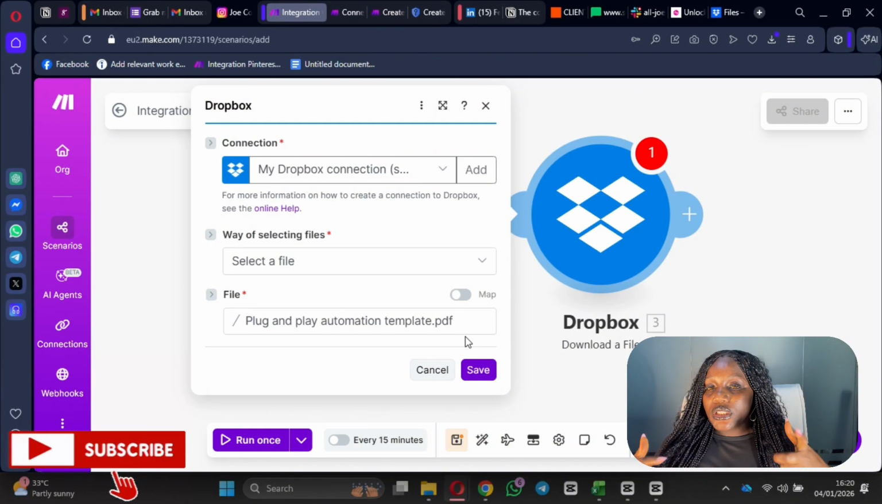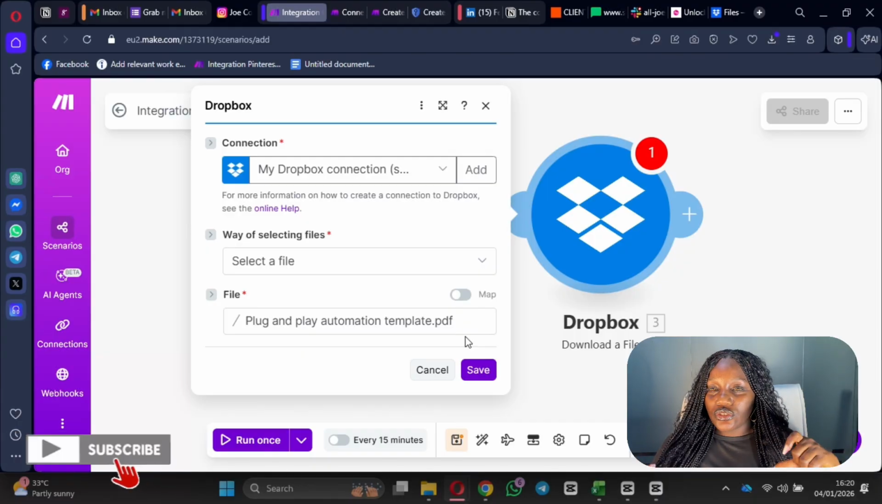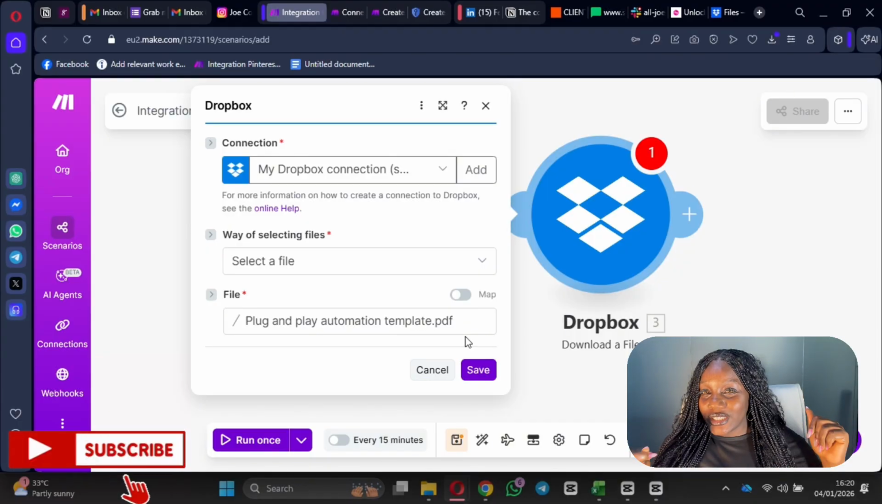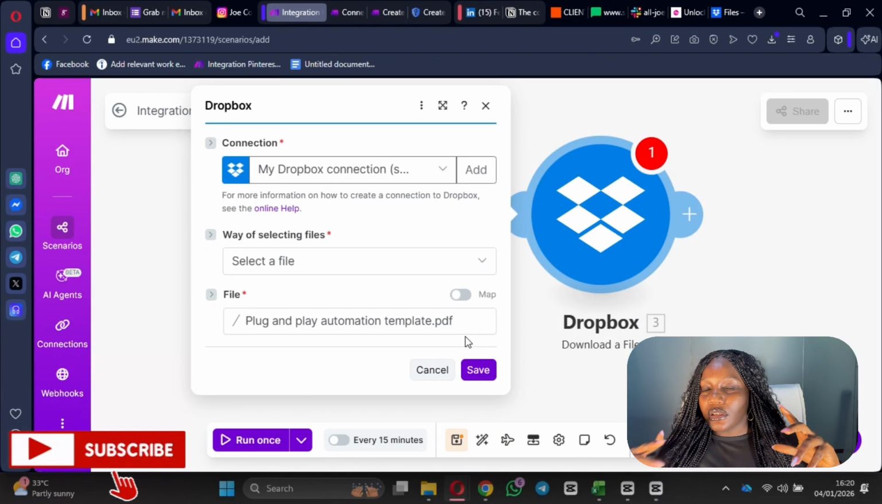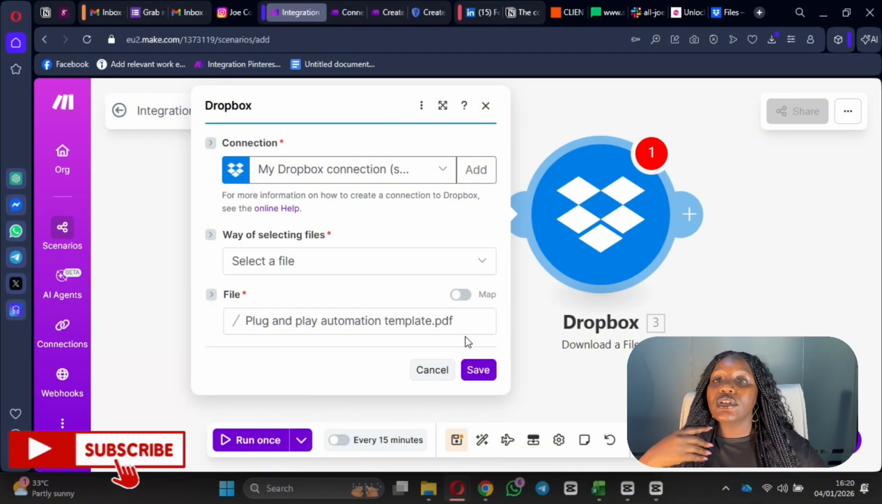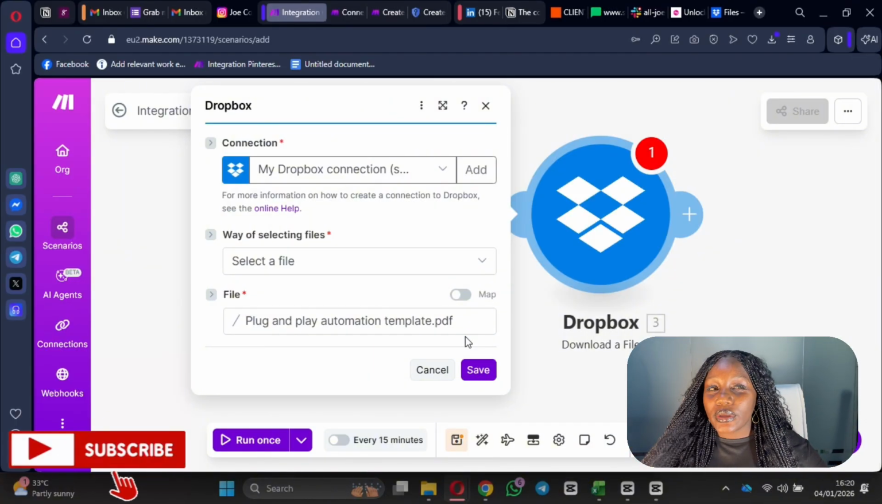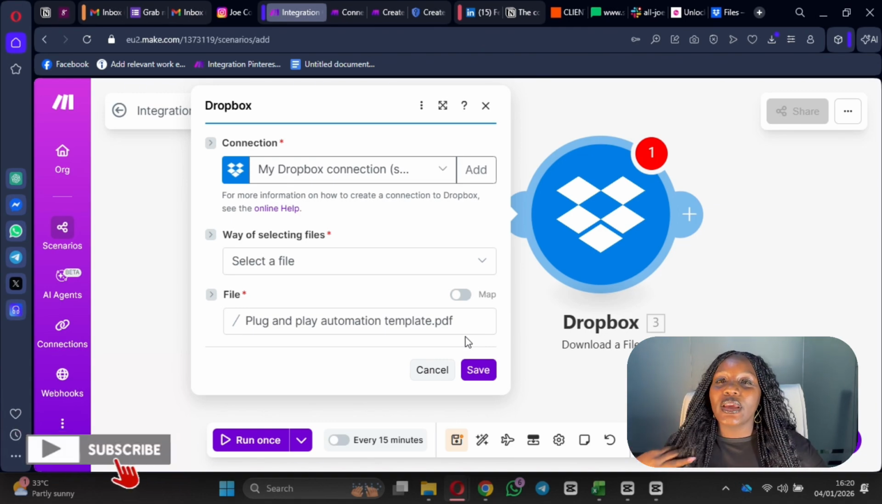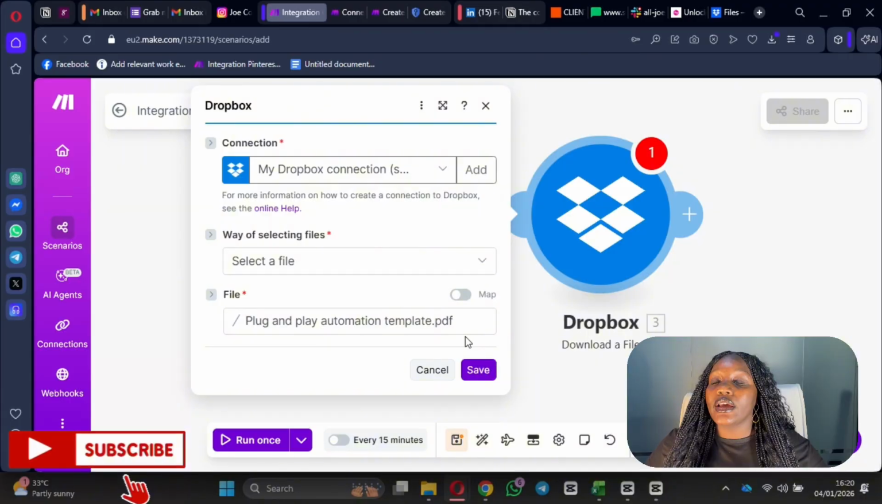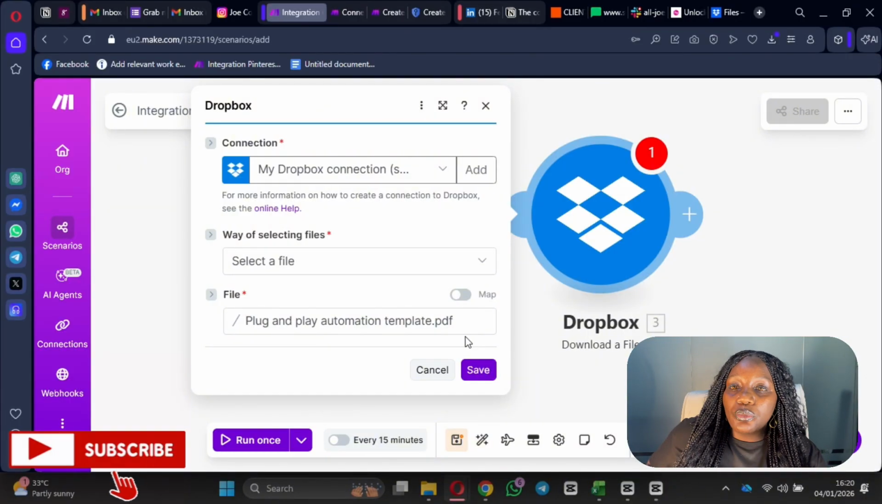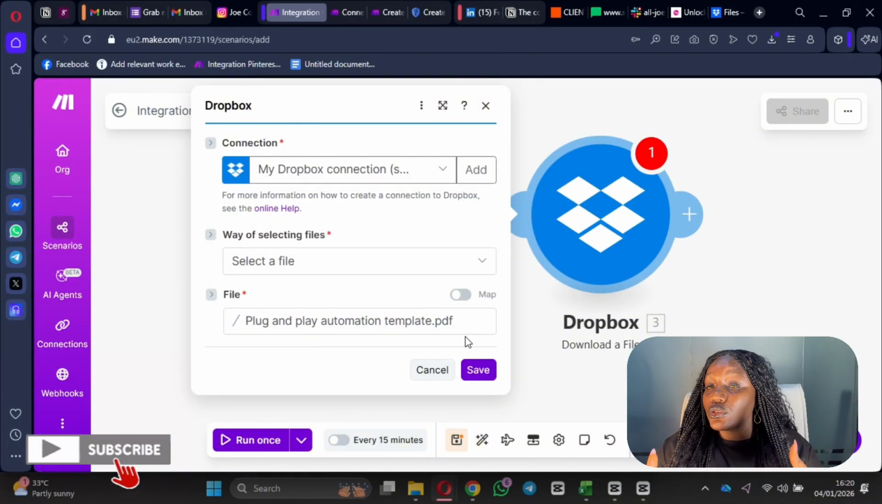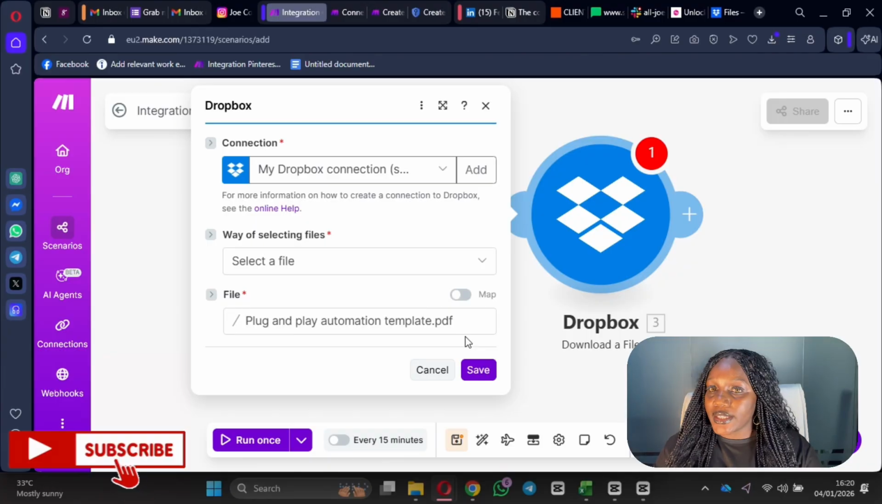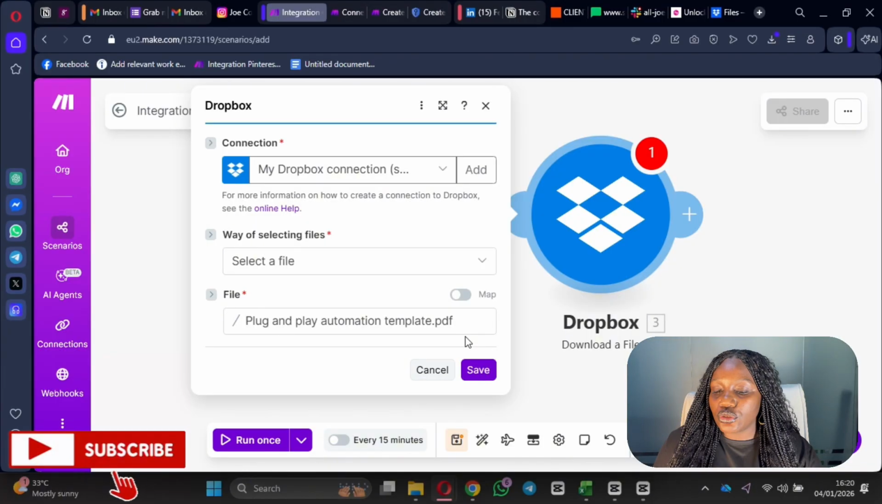Because one thing I've noticed from my own end is if you are trying to directly attach it in the email, sometimes it might not find the resource. So it's always good to have somewhere that holds it in the cloud. Even a Google Drive could be another option: put it in a Google Drive and then it will download it from there and attach it. But for this one, let's just do the Dropbox. So you do save, and